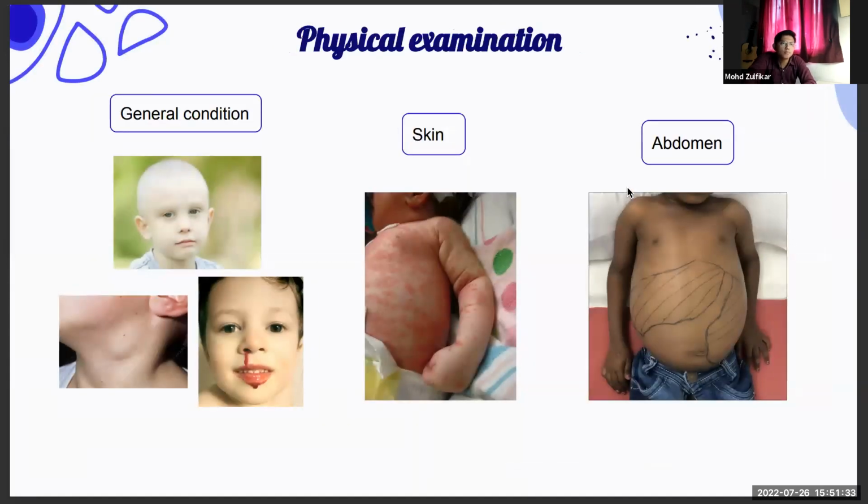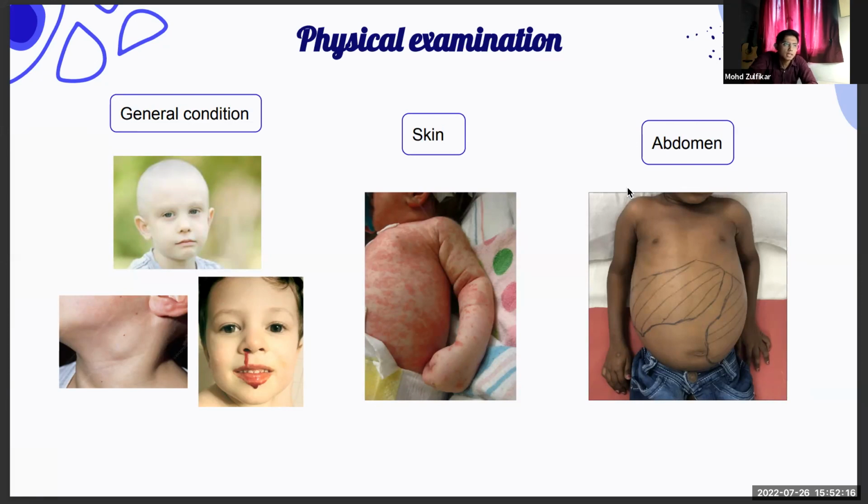So basically, this is what we can find through physical examination. On the general condition, we can see a typical presentation of a person with cancer, such as alopecia, and in leukemia patients, they might also look pale due to anemia. Other than that, there is lymph node enlargement, but it is painless because it's cancer. A painful lymph node might indicate an infection. So if there is a swollen lymph node that is painless, it is most probably due to cancer.